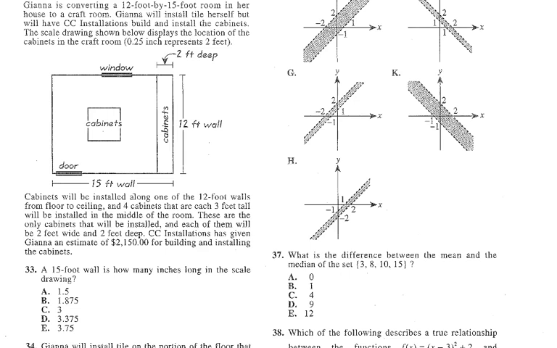For question 33, a 15-foot wall is how many inches long in the scale drawing? According to the given information, we know 0.25 inch represents 2 feet. So question 33 is a ratio problem. We have 0.25 over 2 equals x over 15. Then we cross multiply, and you will get the answer. The answer will be B,